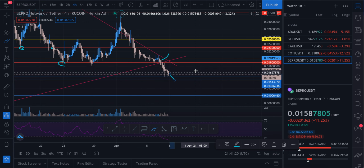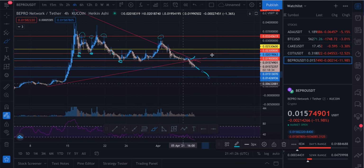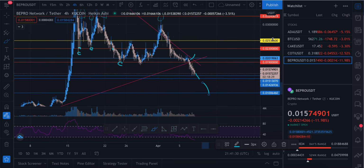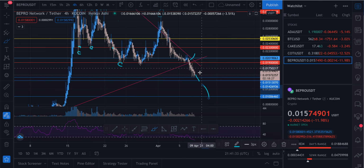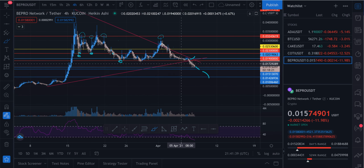If it crosses that 0.015, 0.014, because the next level down is right here, and that's not really been supported, and then we're back to kind of the beginning, okay? So just be careful. Something that could happen is it could consolidate here, and then hopefully we go back to these levels, right? But the bears have just been